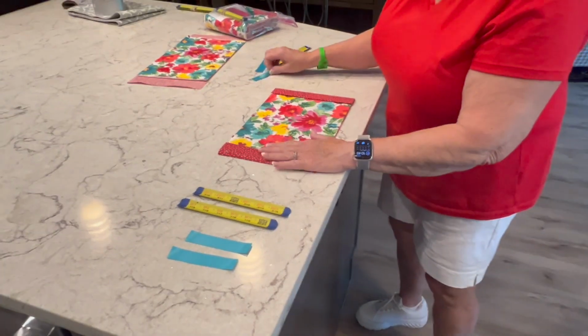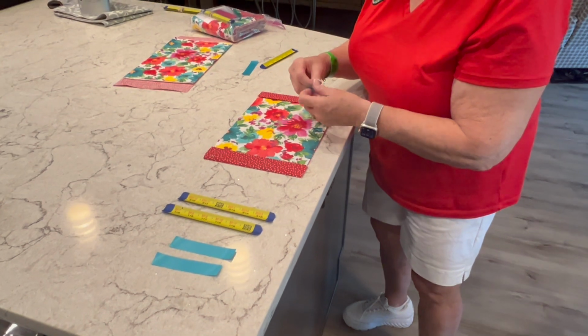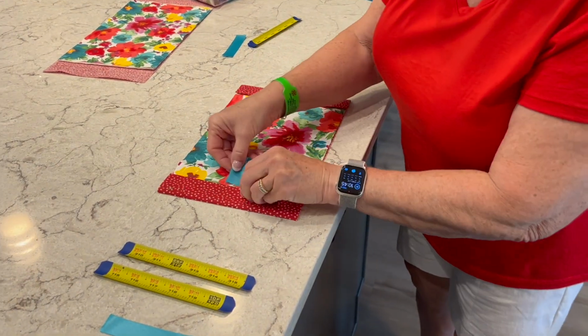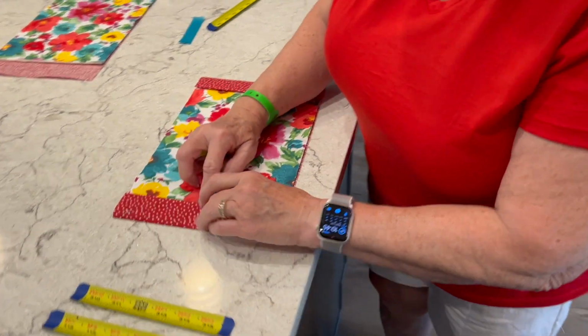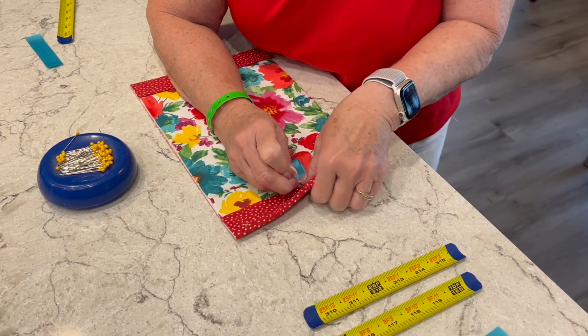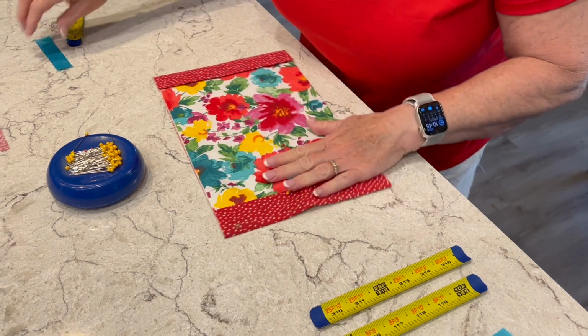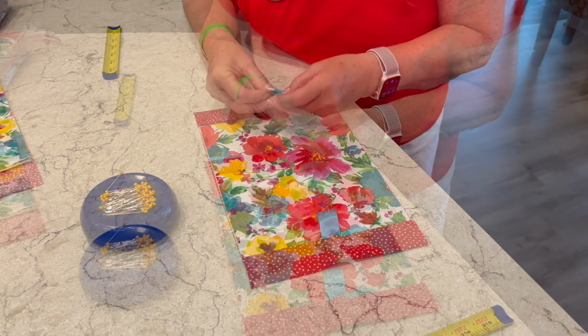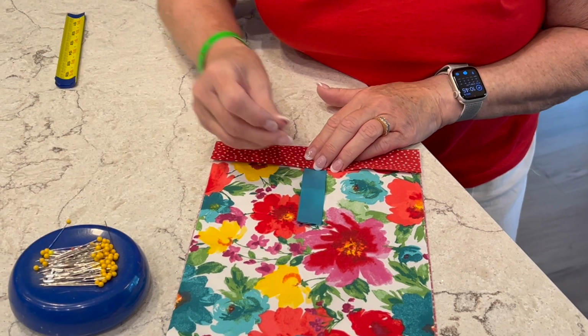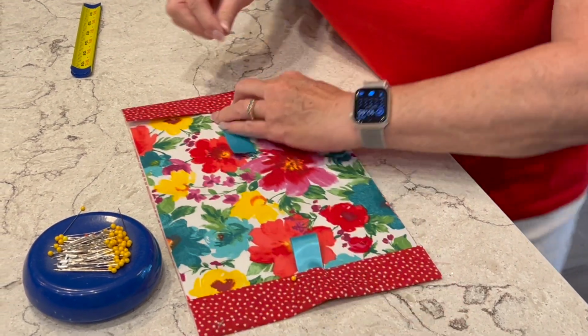So the first thing we're going to do is take our pieces of ribbon and fold them in half, and we're going to pin them in the center underneath each of these casings, which we're going to sew. This one, and we'll pin this one. And then we'll go to the sewing machine and we will sew, I'm going to put the pin in this way,